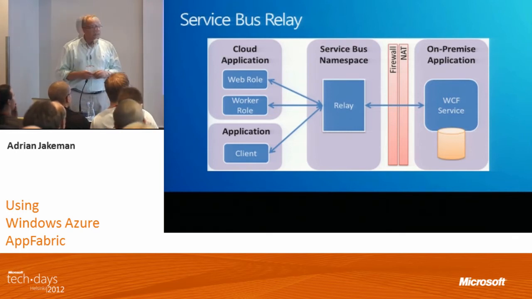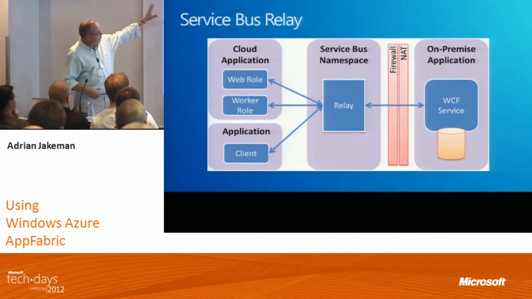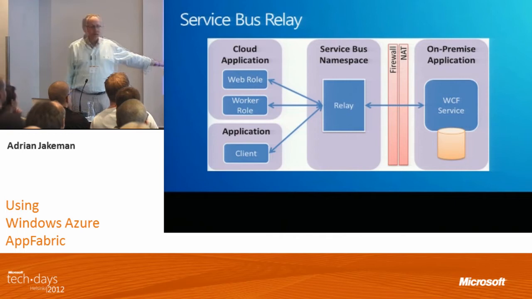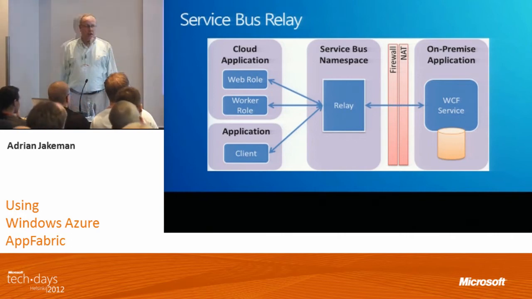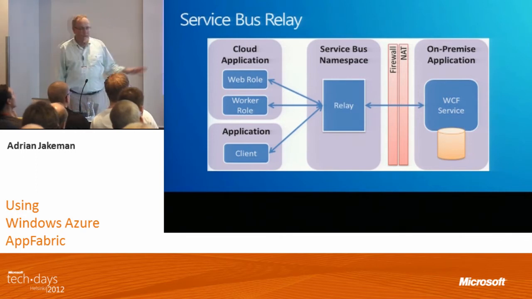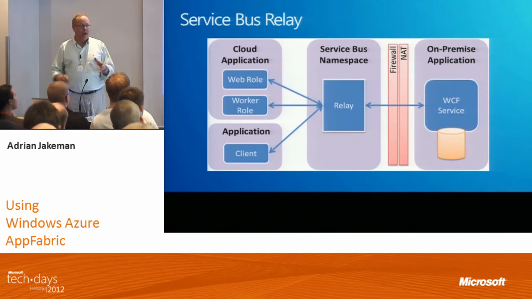Service bus relay is essentially communication between some cloud or on-premise application, and that could be any cloud or on-premise application, it doesn't have to be something written in Visual Studio, it can be anything that I've got running anywhere, talking to some potentially on-premise application that's in this case running as a WCF service, drilling through all of my firewall issues, ignoring all of the issues we have around network address translation and all that horror,